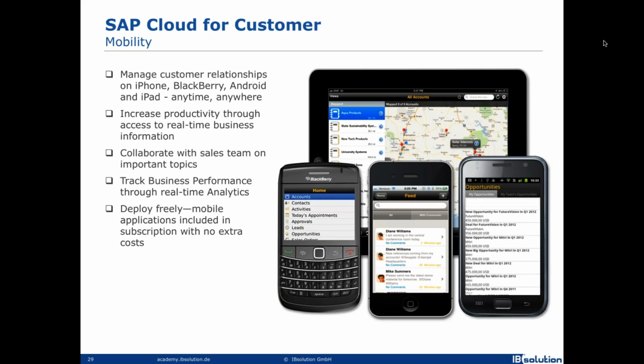But it also gives you the possibility to use offline support, which sometimes, for example, when you use it on a tablet device, might be very important. You can get the list of all your opportunities, you can get them synchronized, and during the day you can work with them, you can update them, and when you get connected afterwards to the network, you can just synchronize.